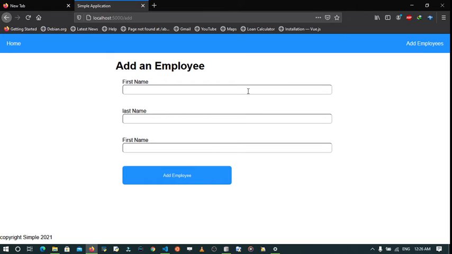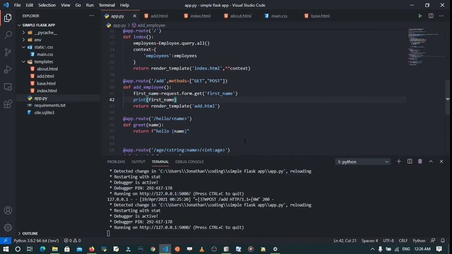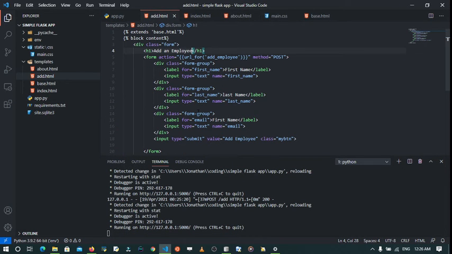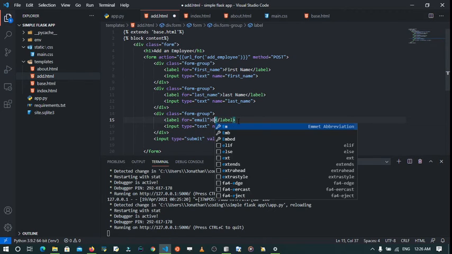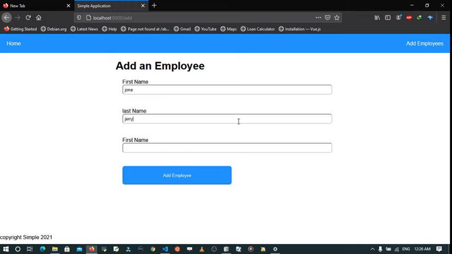If I try again, let's say first name is equal to Jonas, second name is equal to Jerry, and this has to be email. This is what occurs when you do coding unscripted. So this is email. If I add the email and save,